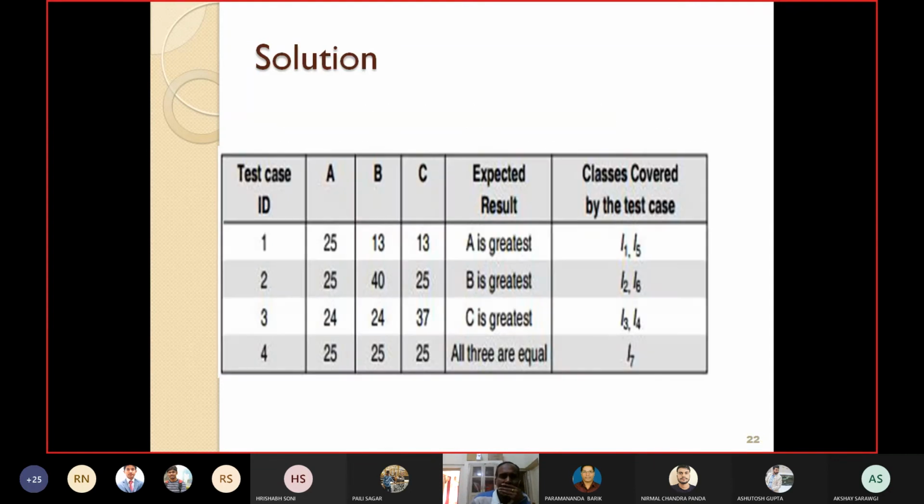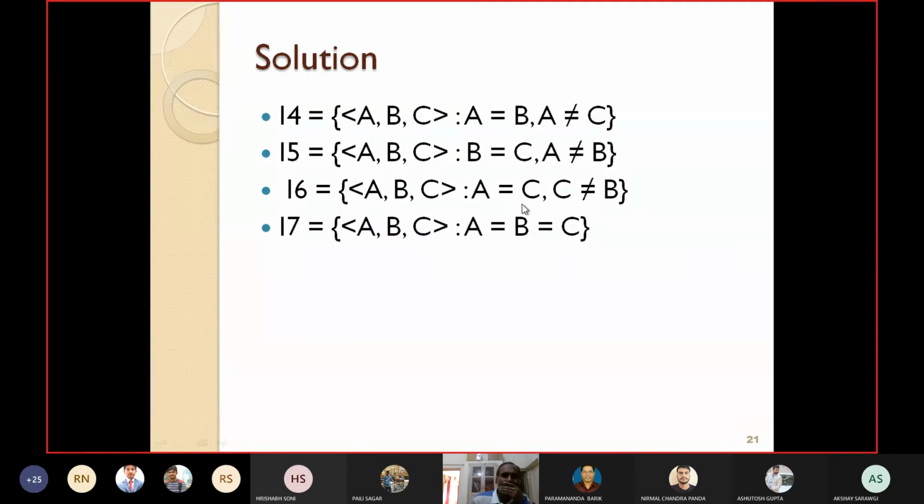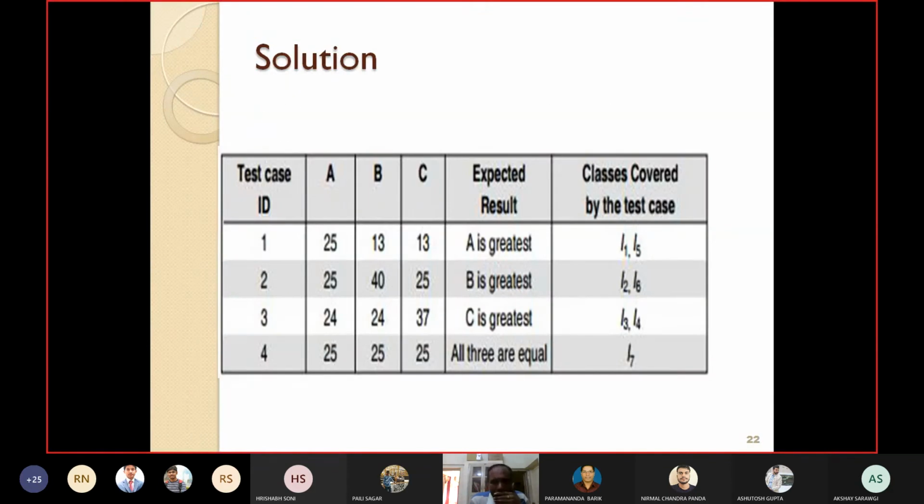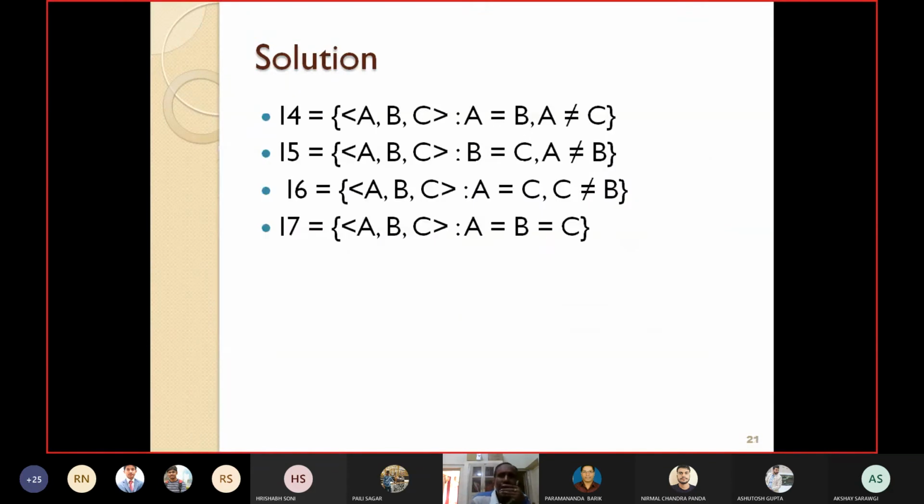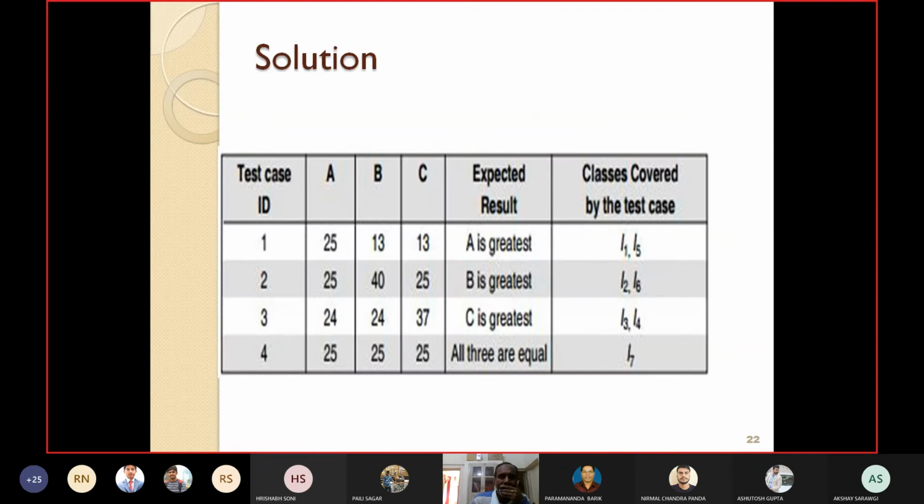Yes, 25 is greater than B value 13, and 25 is also greater than C value 13. Simultaneously I have chosen I5, which is B is equal to C. We have taken the values in such a way that B is equal to C. So this test case covers I1 and I5. The expected output is that A is the greatest one.